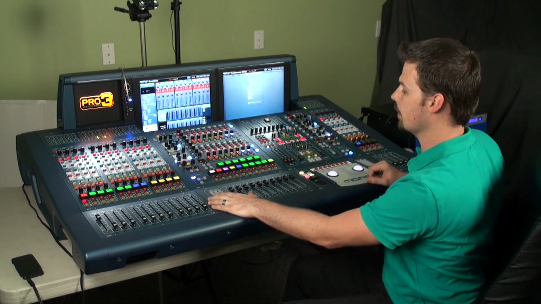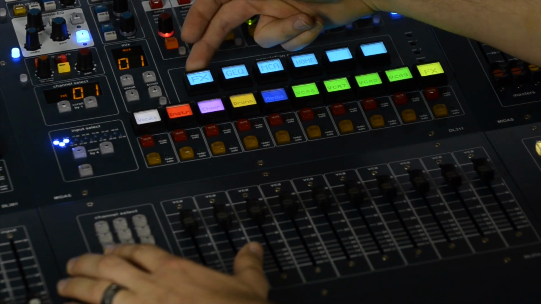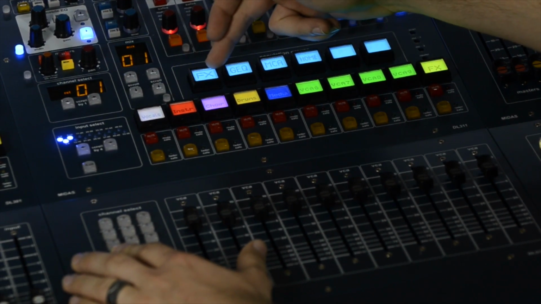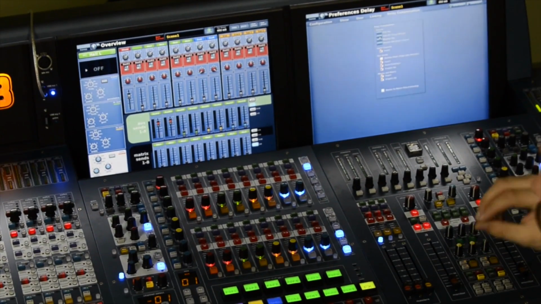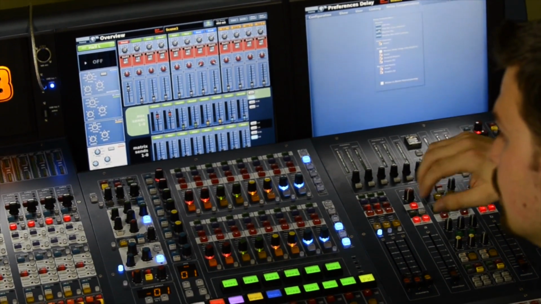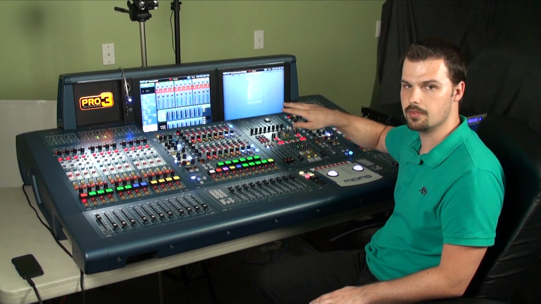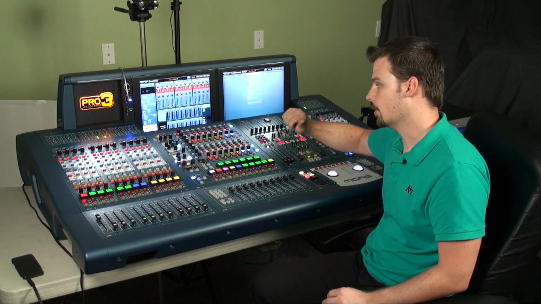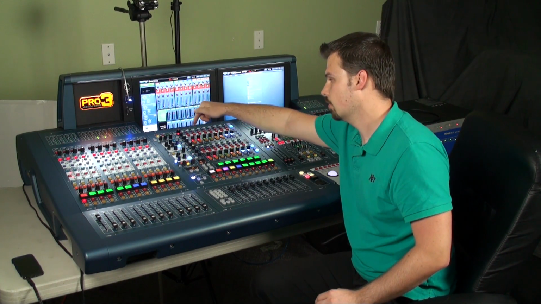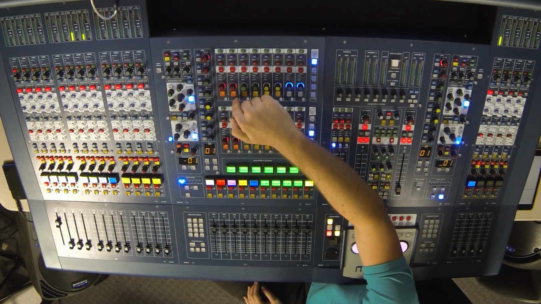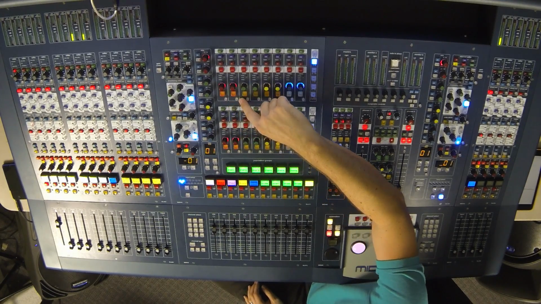I think one of the things that is important to understand is some of these advanced navigation modes. Let's look at this first one, which is effects. What this does is if you have an aux send that is tied to an effects processor, it will automatically bring up the controls for that effects processor when you select that aux send. If you remember from a previous video, I have aux send 2 tied to a reverb or a delay. So once I press that select button for aux 2,